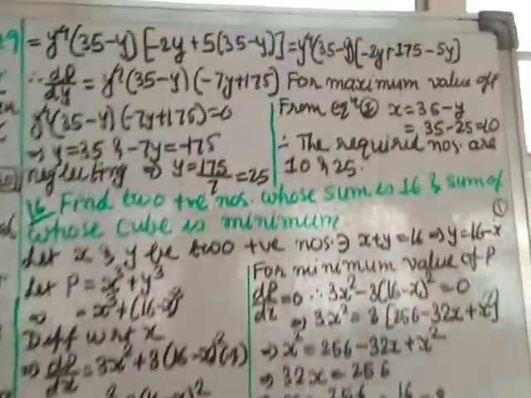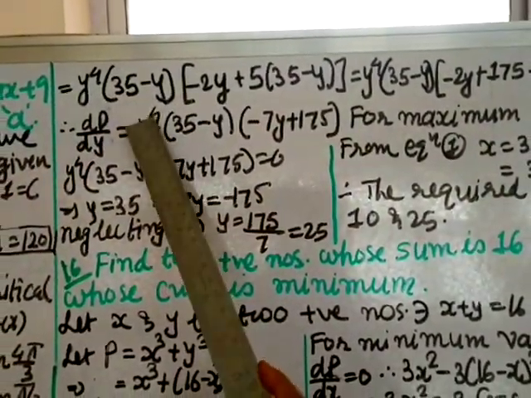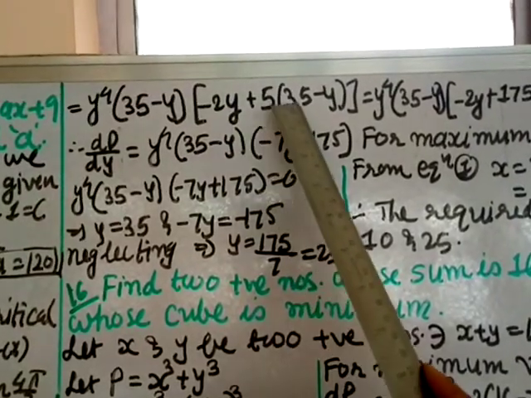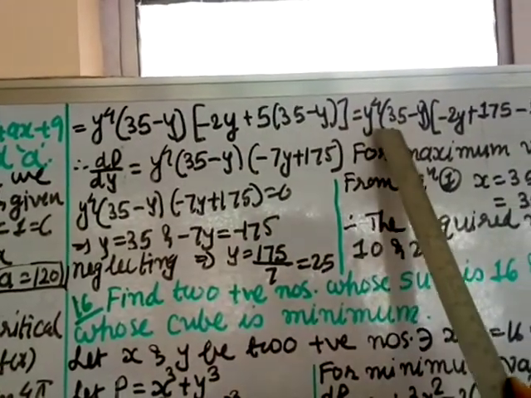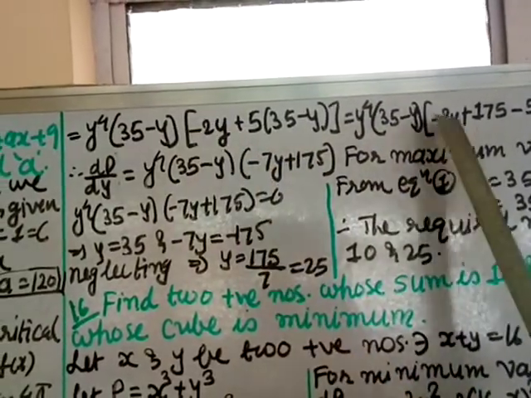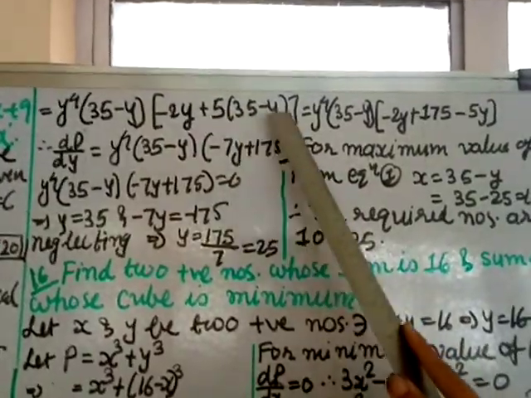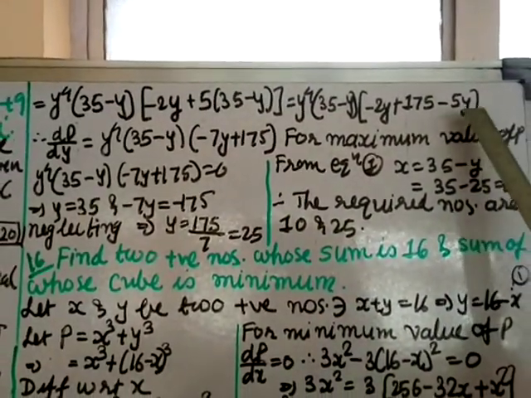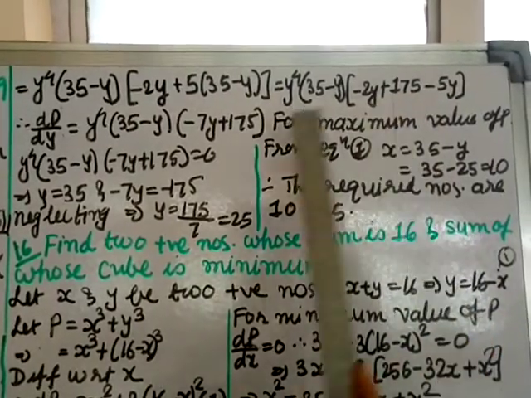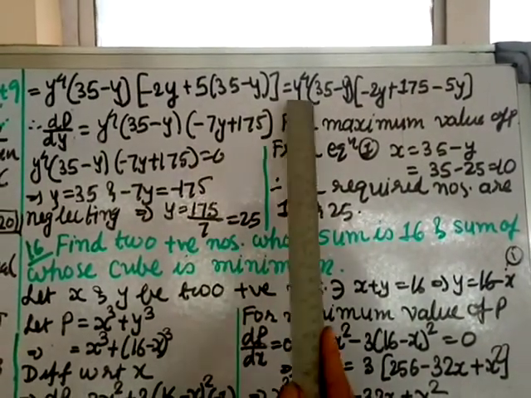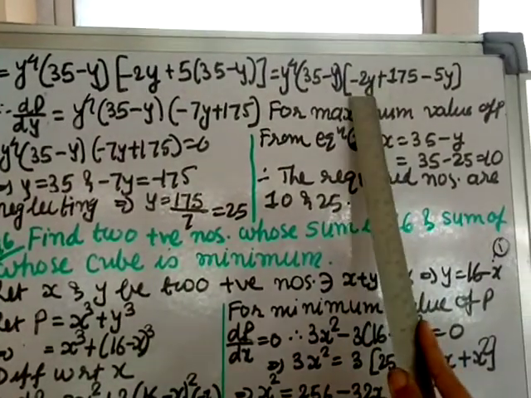I have written here y power 4 I am taking common, (35 minus y) also taking common, so minus 2y plus 5 (35 minus y). Okay, I am just multiplying inside, so the first part is as it is, into (minus 2y); this you multiply, you get 175, and if you multiply 5 into y, it is minus 5y. Okay, so I am writing here. Now this minus 5y and minus 2y I can combine, it becomes minus 7y. So this y power 4 is as it is, (35 minus 5y) as it is, minus 2 minus 5 is